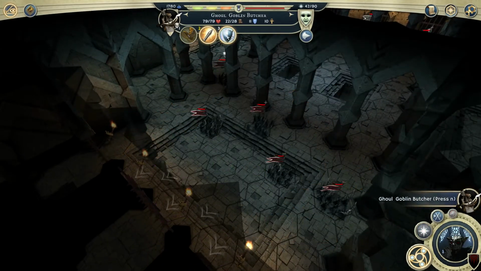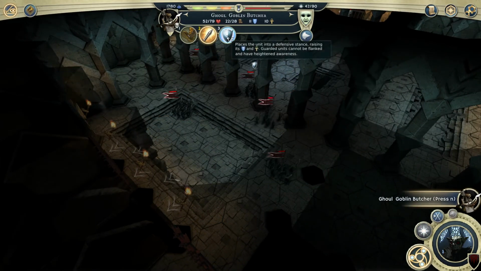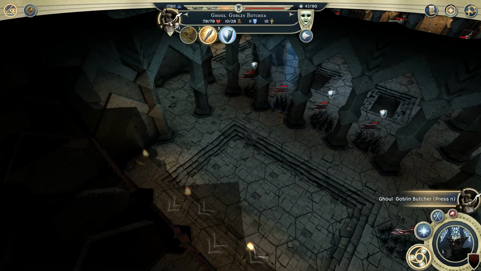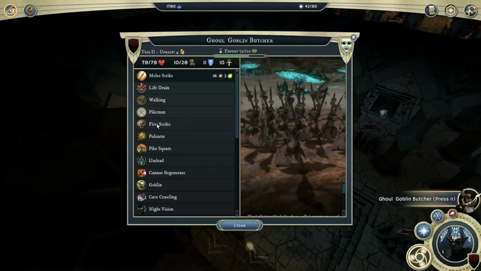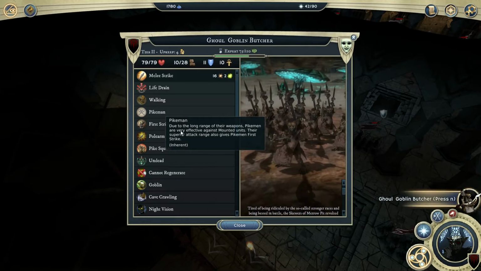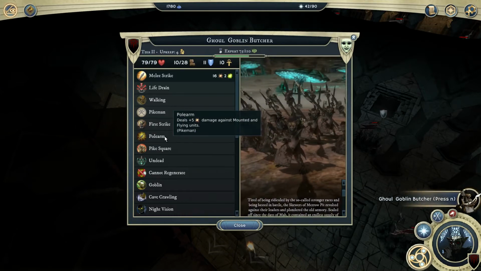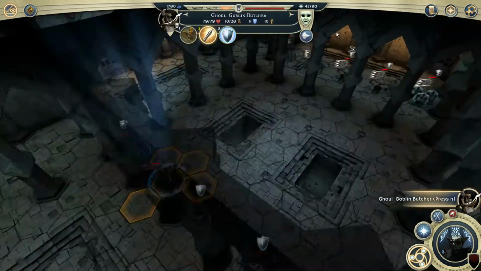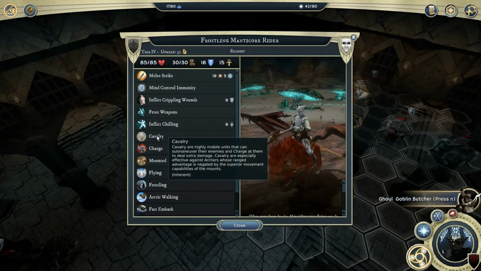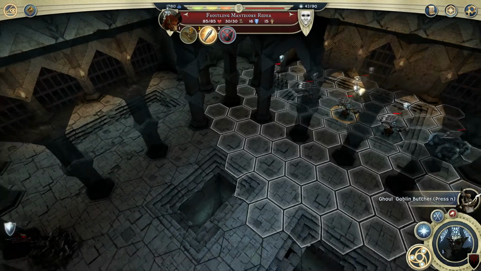Stay over here. I could have sent in a hero to infect them with Ghoul Curse, but I guess it's fine. No, you have to keep in mind that Butchers have the pikeman abilities, so they are very good against mounted units. They have first strike. Deal more damage against mounted and flying units. I'm guessing these are mounted and flying. Yeah, they are cavalry, so they are mounted and they are flying, so they take a hell of a lot of damage